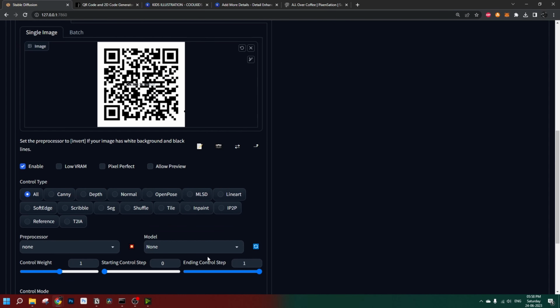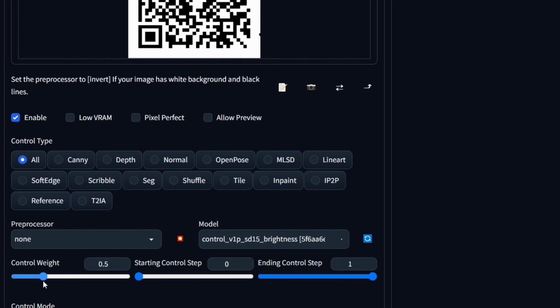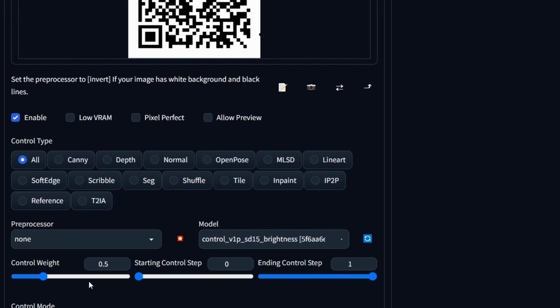Close this window. Now for the first ControlNet model here, I'll be using ControlNet brightness. The purpose of this unit is to focus on the QR code part of the equation. Let's set the control weight to somewhere around 0.5. If you increase the control weight here, the resulting image gets closer to the QR code and increases scannability. If you decrease the control weight, it gets closer to a beautiful image and decreases scannability. You have to fine tune it in some cases, but in most cases this is gonna do just fine. This unit should be applied all throughout the generation, and therefore the starting control step would be 0, ending control step will be 1.